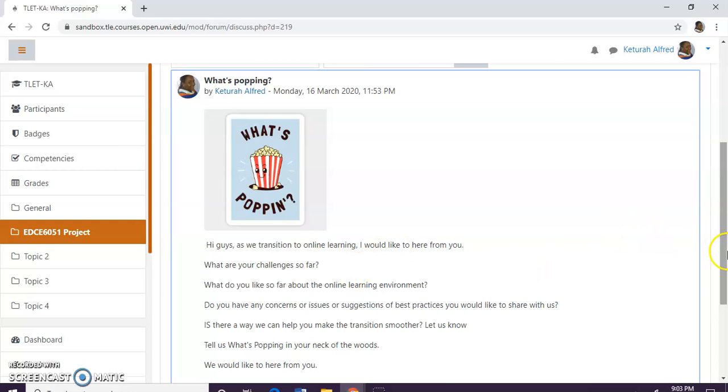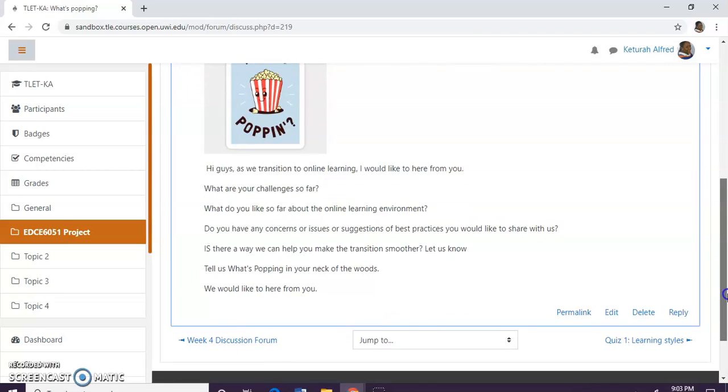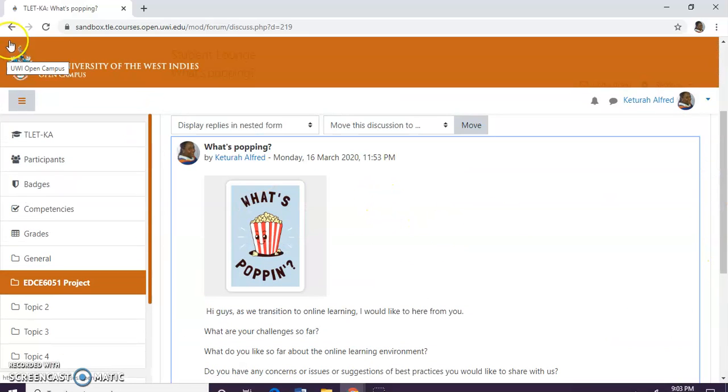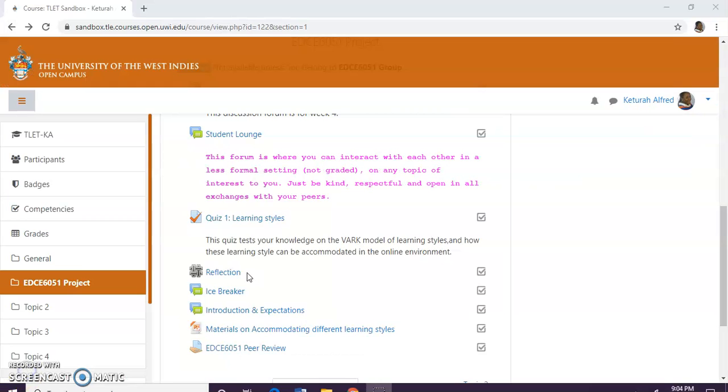And I really liked that idea, and I also could replicate that when we had to transition online, something very similar. So let me go back. There was a quiz based on the unit I had, accommodating different learning styles, so I created a quiz for that, as well as a PowerPoint presentation. We also had to include a reflection area, a wiki, so I also did that.